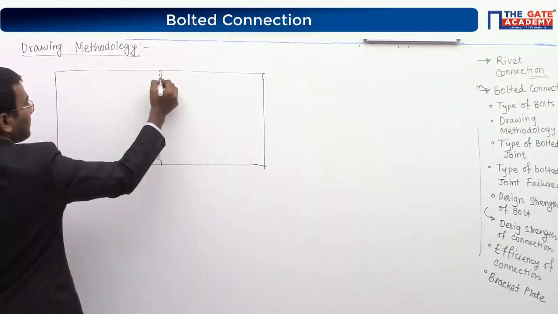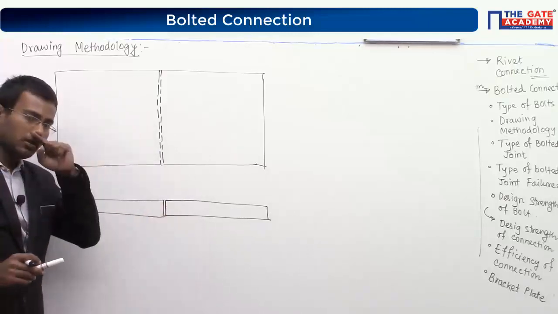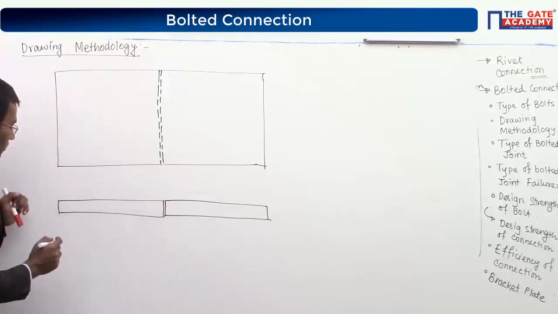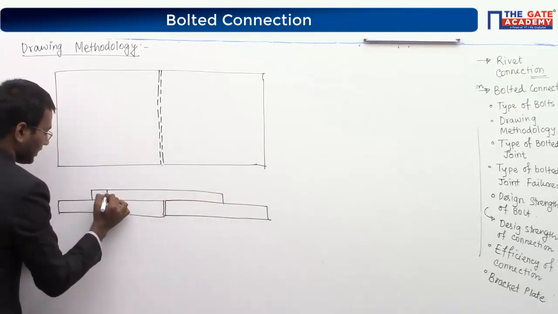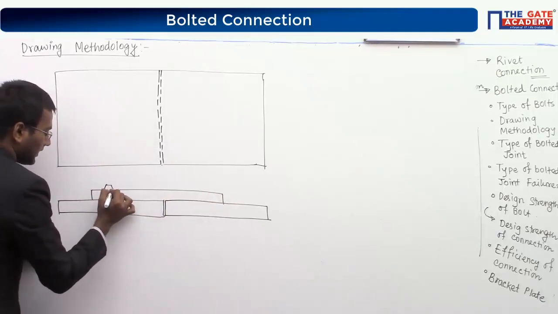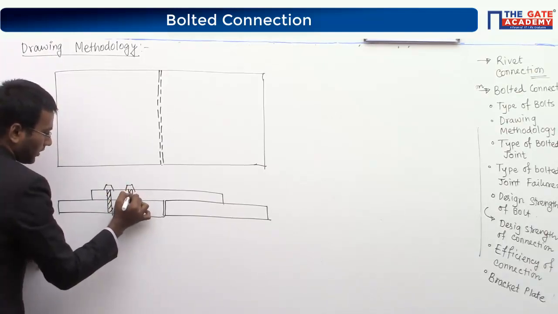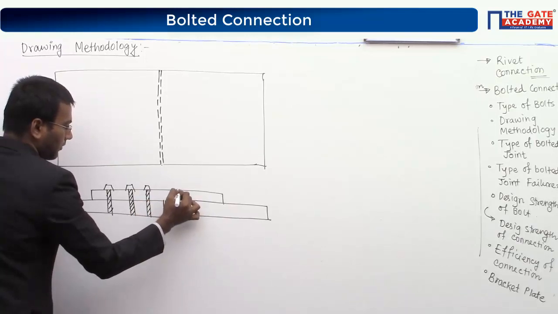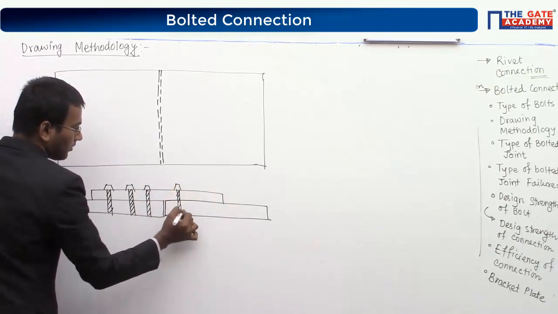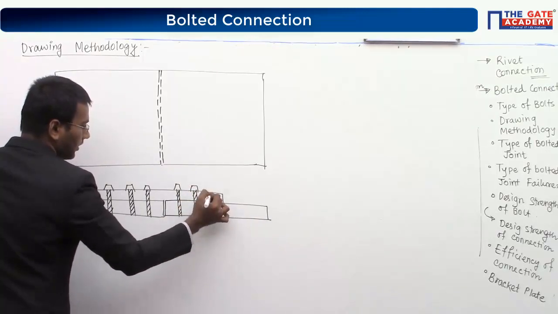This is your dotted line. Now see, two plates are kept end to end, and assume that these two plates are connected by a cover plate. Let us consider the cover plate, and it is connected by one row of bolts here, one row of bolts here also, and this side here also. Similarly, on the right side of the cover plate, I am connecting some rows of bolts this way and this way also.